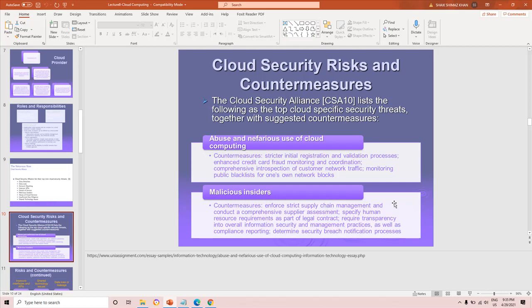So how they are recruited, from where they are recruited, and the organization should have complete information about the recruited people, and conduct a comprehensive supplier assessment. So, for example, if a third party, if a consultancy is recruiting the employees for an organization, a cloud service provider, so the cloud service provider should assess the suppliers, the consultants, those who recruit the human resource. So, and also